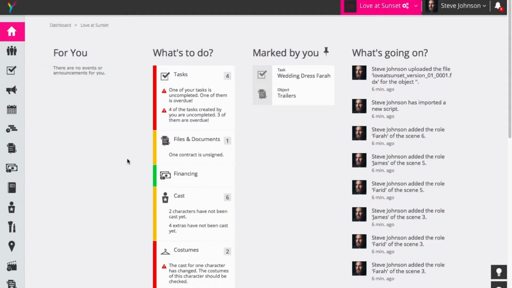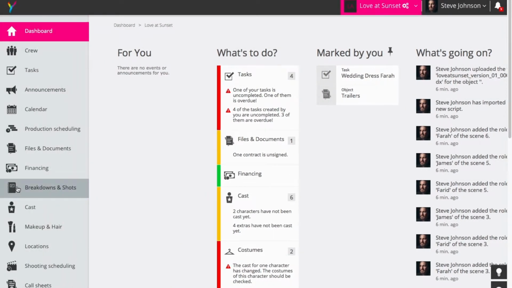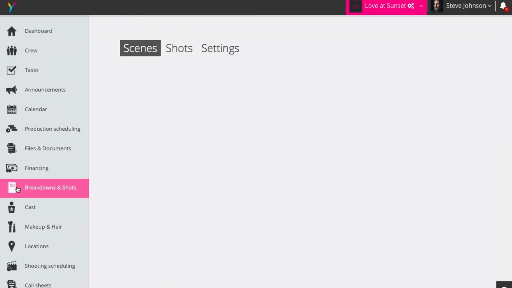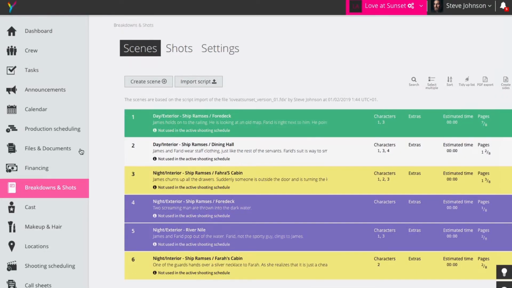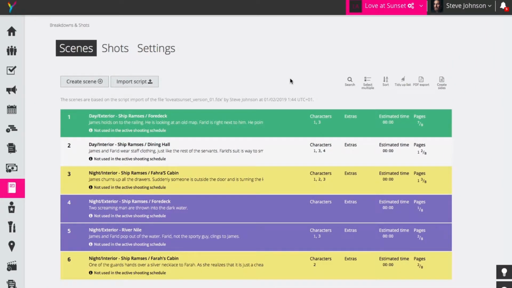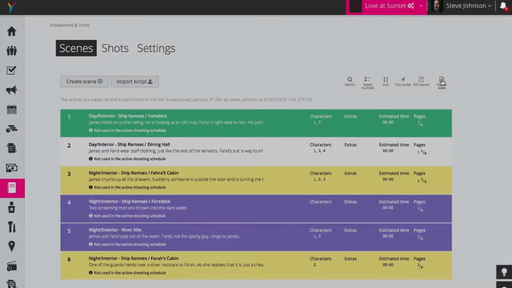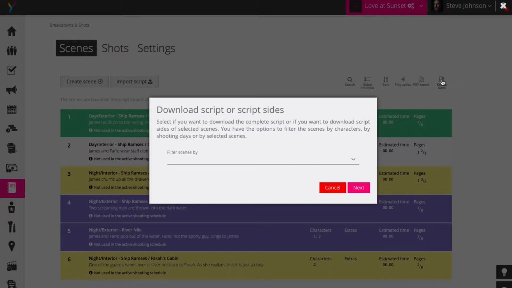So let's take a look next at how to generate script sides in Yamdu. First we enter the breakdowns and shots section, and then on the right hand side you can see here create sides. So now we can see that we have the option to download the script or create script sides,